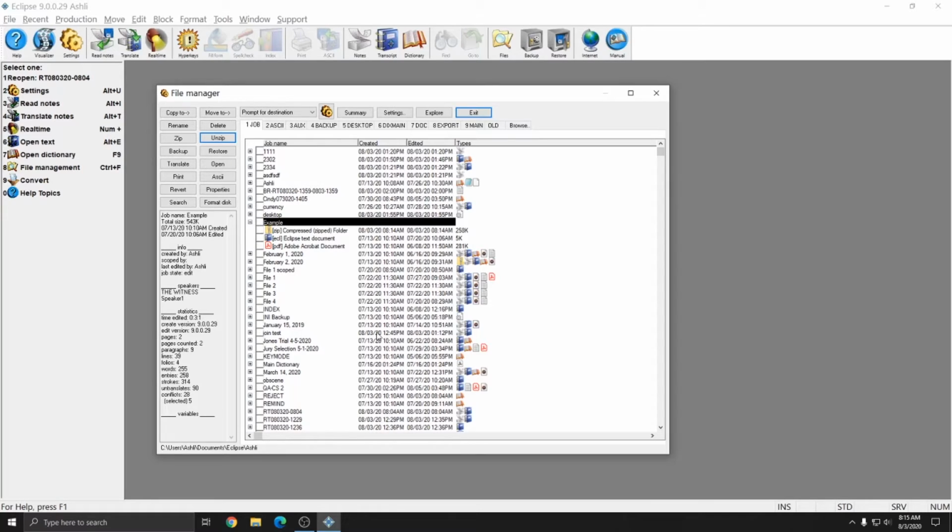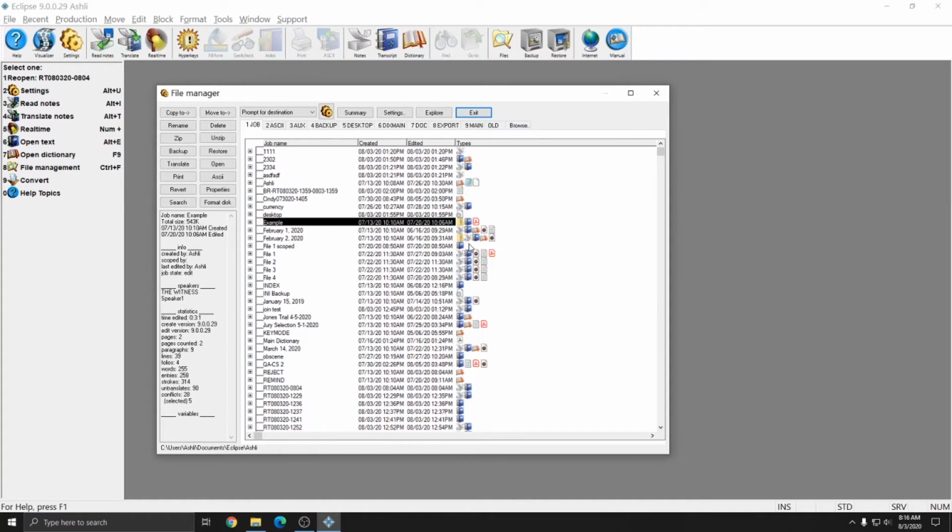In addition to zipping and unzipping Eclipse files, you can also unzip files from other sources, such as downloaded drivers or files from another program or anything that you may need to unzip. Eclipse makes it easy to find and unzip files, and so this may be a tool that you'll want to utilize. In order to unzip files that you may have downloaded from some other location or that you got from